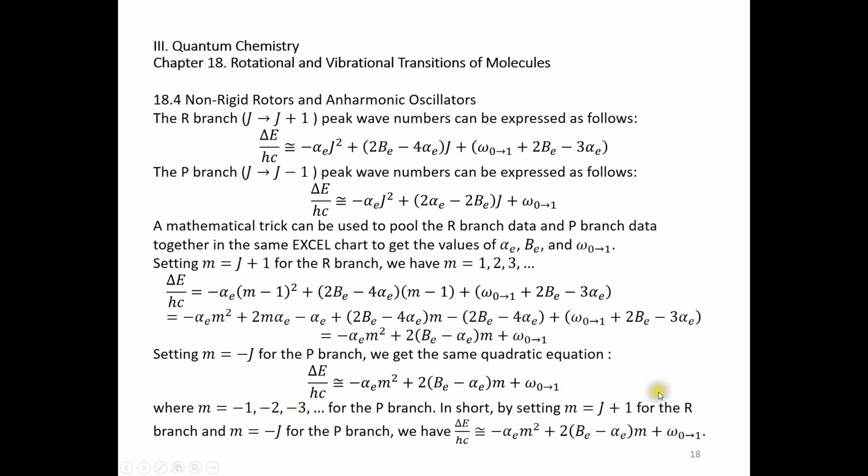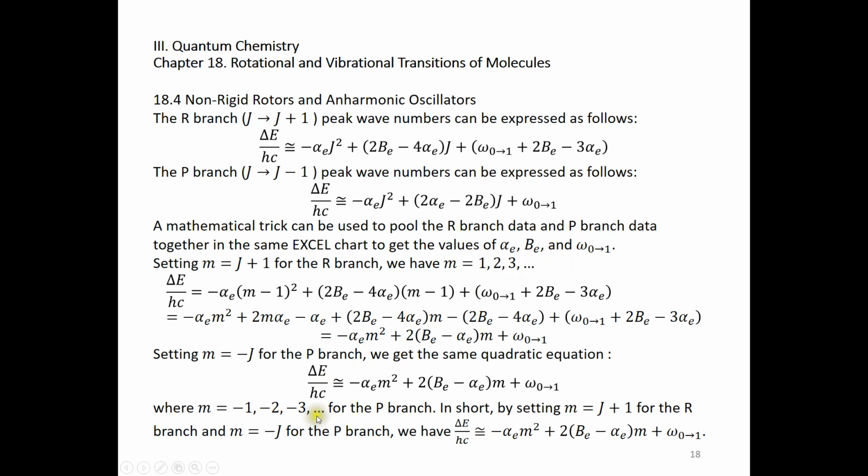M is j plus 1 for the R branch, m is negative j for the P branch. For the R branch, m can be positive 1, 2, 3, 4, 5. For the P branch, m can be negative 1, negative 2, negative 3, negative 4, negative 5. Can m be 0? No, m cannot be 0, because if m is 0, that means there's no rotational excitation. That's forbidden. Alright, m has to be either 1, 2, 3, 4, 5, or negative 1, negative 2, negative 3, negative 4,